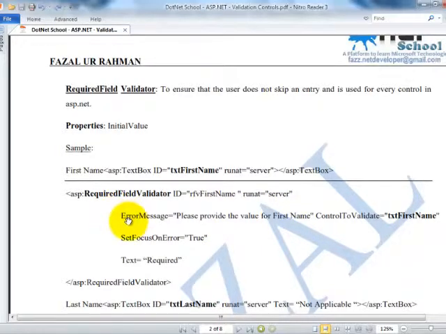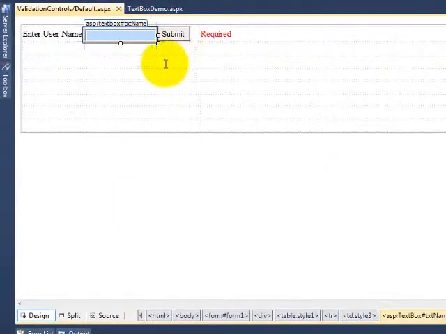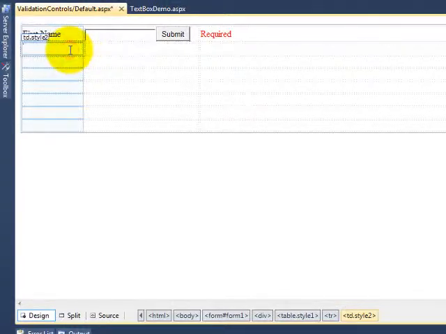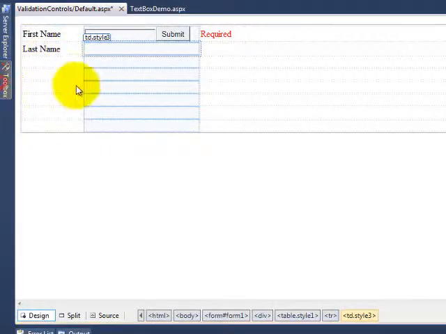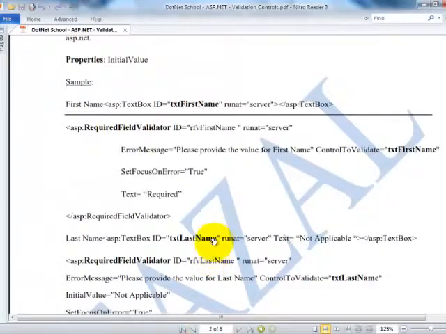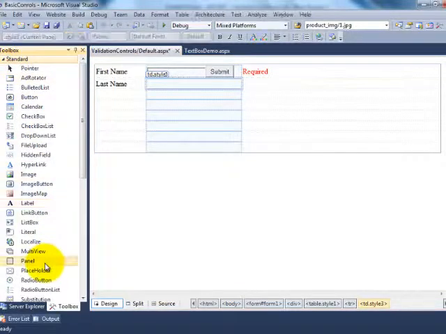That was the first example. One more field I'll take, say first name, and here last name, text box.